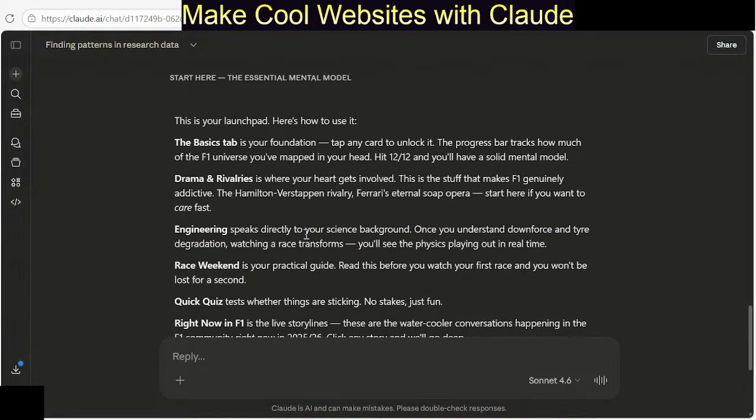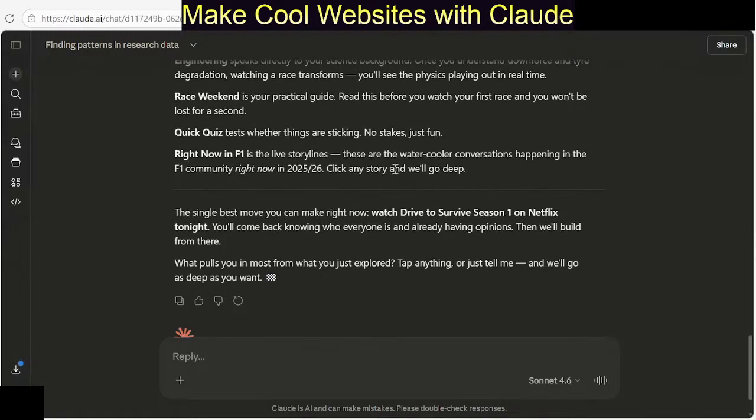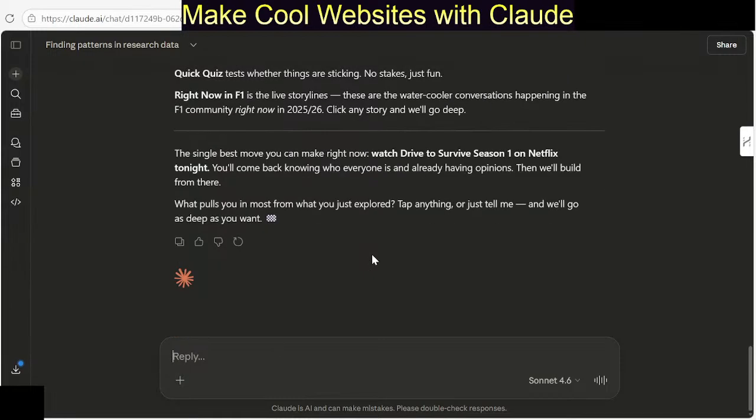Engineering speaks directly to your science background. Race weekend quick quiz. Okay. So I don't want to tap, but what I want to do is